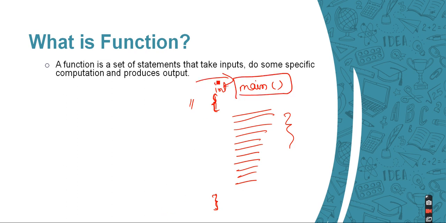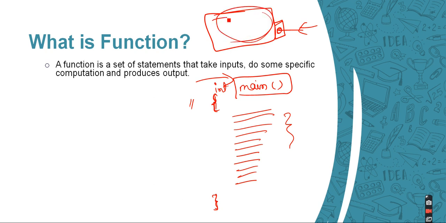And what does this main function mean? Suppose this is my house, and to come into my house there will be one main gate, right, through which you can enter my building. In my building there are multiple rooms, multiple windows, multiple doors, but to access any one of them, the first thing you need to do is cross this door. Only then can you enter inside my room, and then access whatever and wherever you want to go, right?